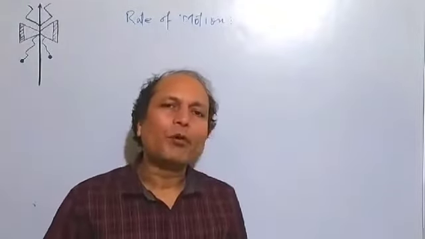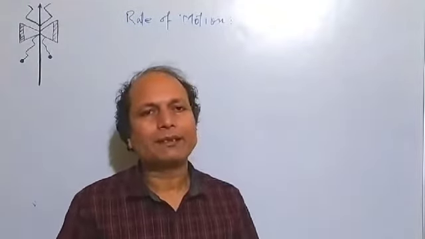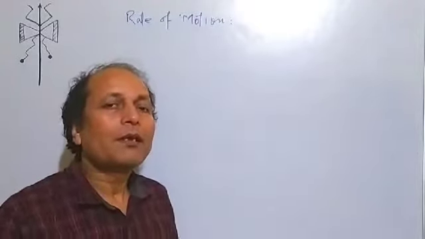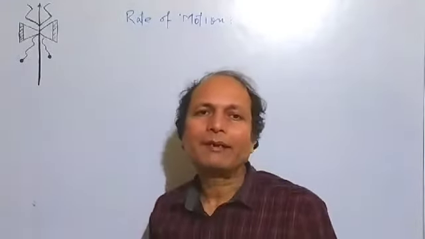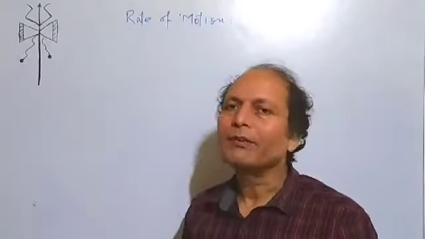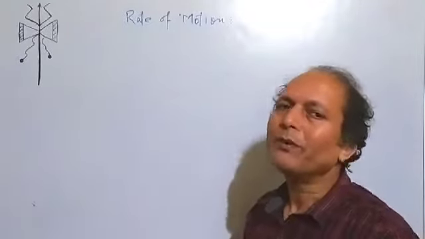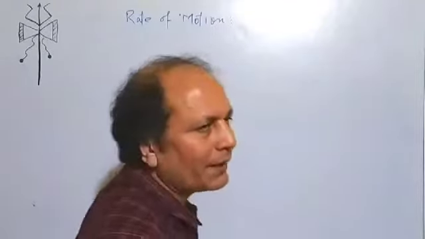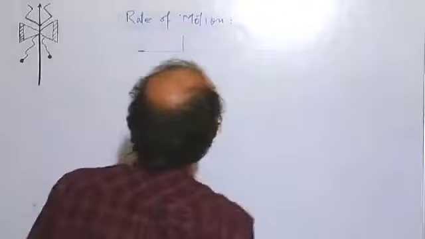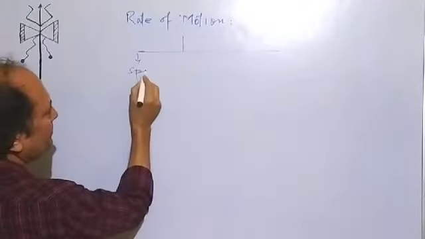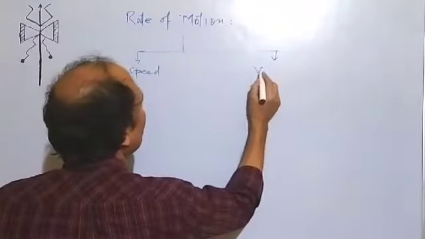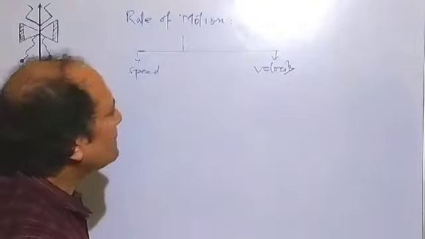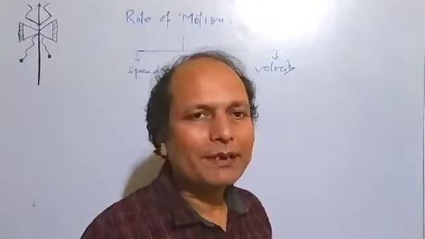Suppose if a moving body covers more distance in less time, it means its motion is fast. But if a moving body covers less distance in more time, it means motion is slow. So for its proper understanding, two terminologies are there: number one is speed, number two is velocity. For this, one by one, previously we will discuss speed.